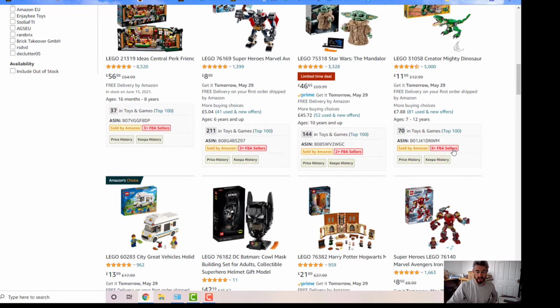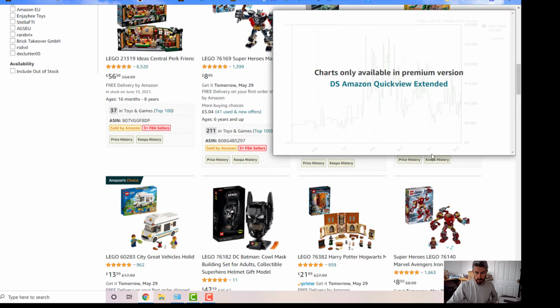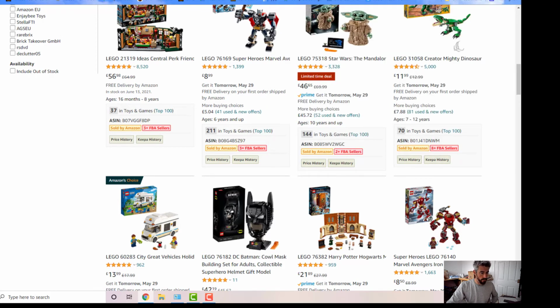When you see 8 sellers, it's a good indication that Amazon are sharing the buy box with the other 8 people, possibly, otherwise they wouldn't all be there, and that there's not just one person allowed to sell it. Obviously, if you've got BuyBot Pro, you can then click on that product and go into that much deeper. But for now, I just wanted to show you that DS Quickview was very useful when you're trying to source.